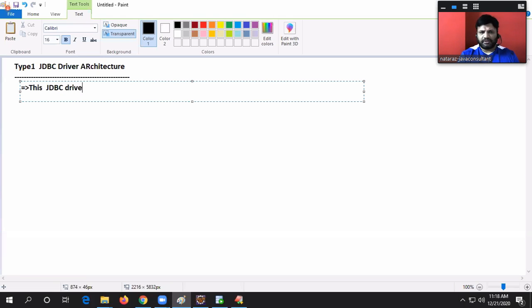This JDBC driver is given to locate and interact with database software by taking the support of